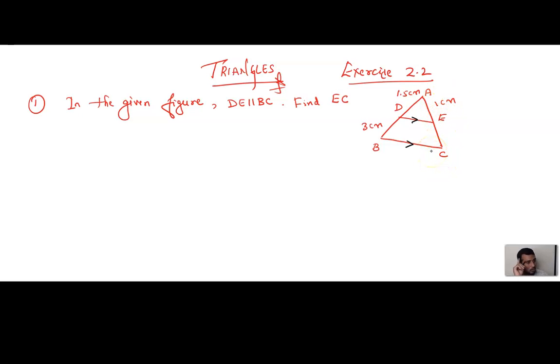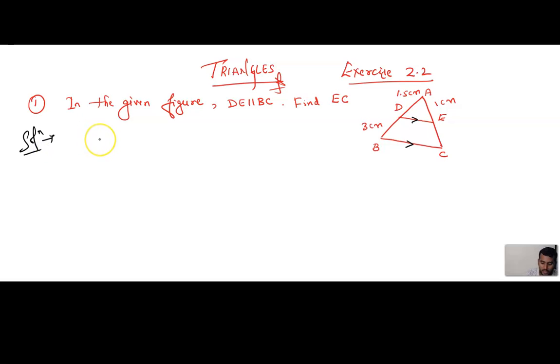I gave you one logic, I hope you remember. What is that logic? Half he has given, another half he has given, one more half he is asking. So what do we need to apply, BPT or corollary of BPT? We need to apply BPT, half by half. BPT is half by half. So we are going to solve this problem.